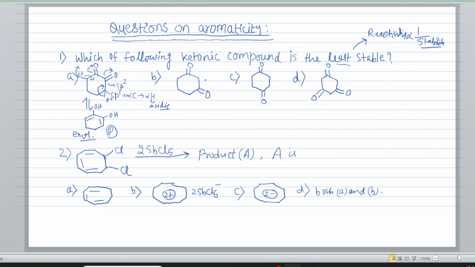In the second molecule, again we will convert this into enolic form. We can put it like this: hydrogen will be removed in the form of H plus, this carbon carbon double bond will be formed, and this pi bond will be terminated to oxygen. Likewise, H plus is removed from here. Again this is a carbon carbon double bond, and this O minus will abstract H plus to form an OH group. So its corresponding enolic form will be,